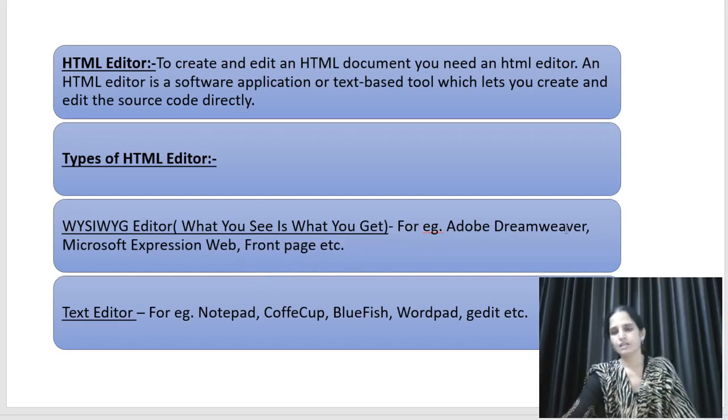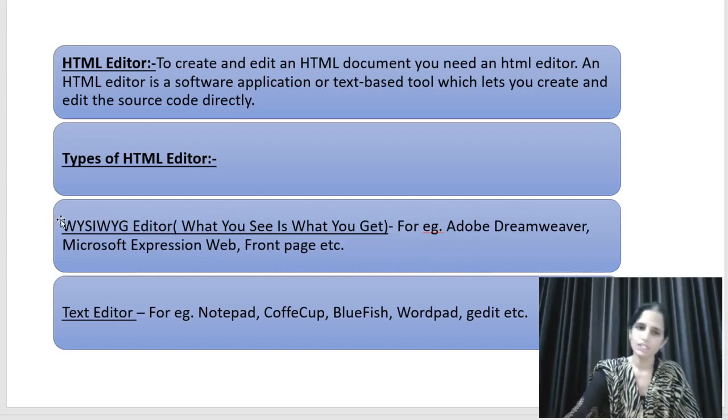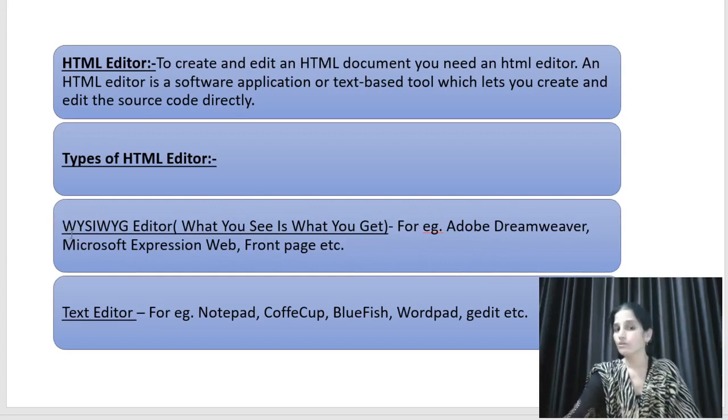These editors use predefined templates, where you can write your text directly without knowledge of HTML code. Here your HTML automatically gets included in your web page. You can just do the designing of your web page.